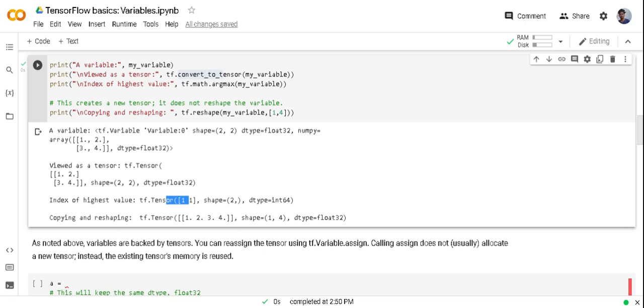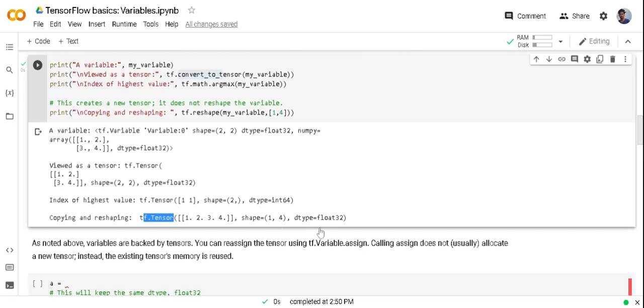And index of highest value in variable is 1 by 1. And last output was about reshaping. Here you can see variable is reshaped to 1 by 4, but when we used tf.reshape, the variable is converted into tensor. Now it is no more a variable and it is assigned to a new memory location.